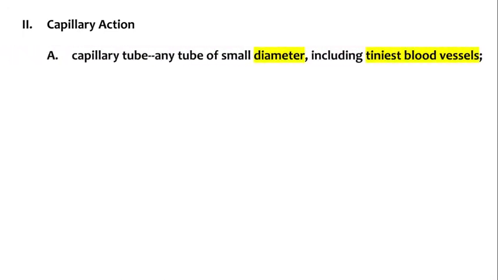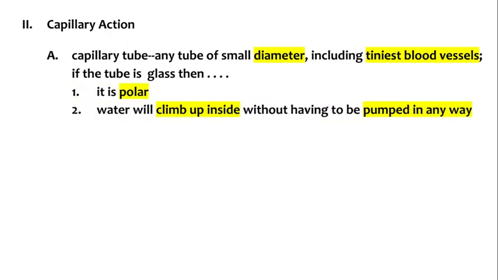The second unusual property of water is something called capillary action. A capillary tube is basically any tube of a small diameter, including the tiniest of our blood vessels, and also the xylem and phloem veins of plants. If the tube is glass, then it's polar. And that water solution will climb up inside that tube without having to be pumped in any way,